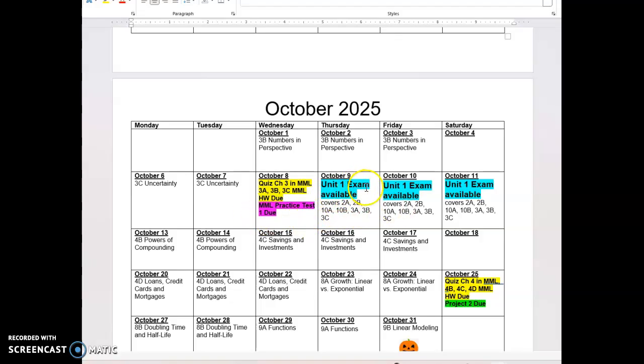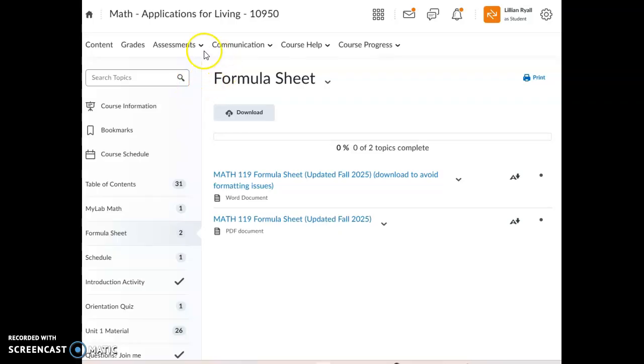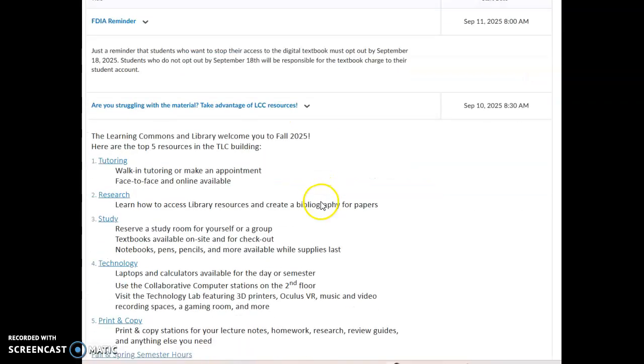Now, the Unit 1 exam is available for 3 days, and you have to go into the LCC Testing Center to complete it, or you can make other arrangements if you are far from LCC campuses. I've posted an announcement on that. If we go to the announcements page, you're going to see it